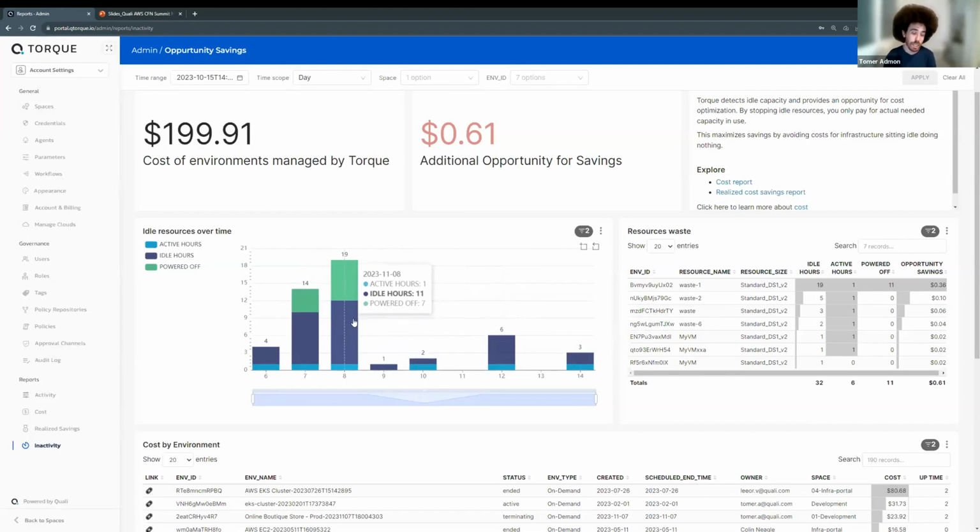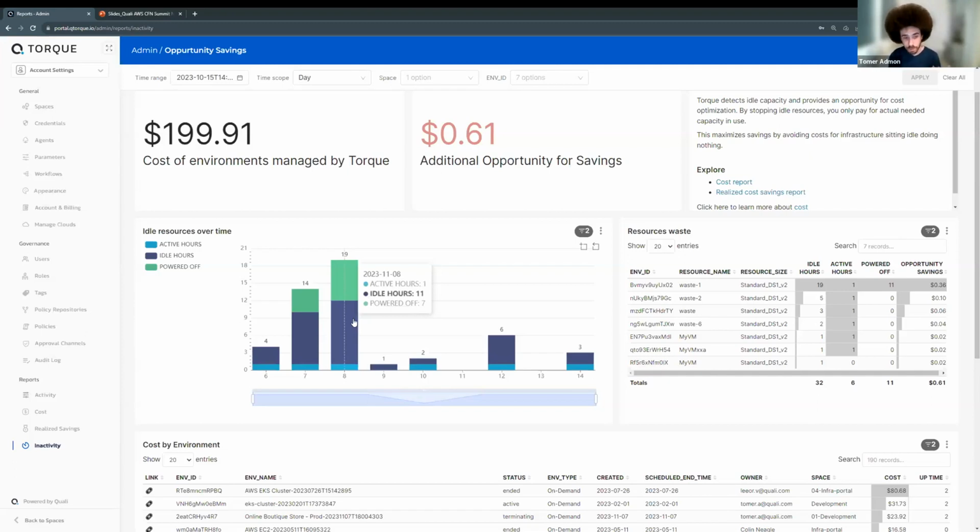But what's interesting is how did we identify that idle time? That idle time is basically based on a machine learning system, or machine learning patterns, that we built behind the scenes that will go through your workloads and understand what's going on in them and provide you the visibility and show you that you've got 11 hours of idle time that you can reduce.